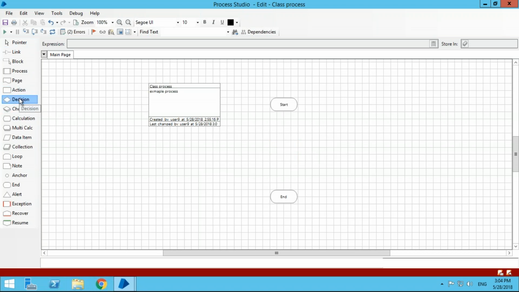Okay, so again, I click on decision and I click in the middle, and then I link it up. Now, as you can see, decision involves yes or no, isn't it? So a decision is true or false. Obviously, the first thing that you link through to a decision is always yes. So it always goes down the positive route first, and then the next thing you link up will be no.